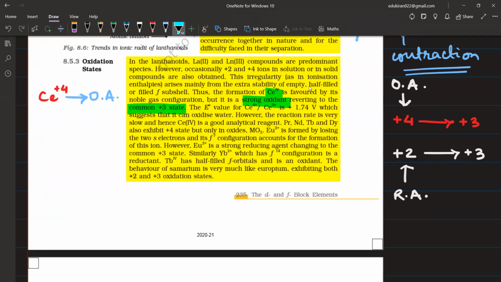Then you have a similar thing with Pr, Nd, Tb, and Dy, which also exhibit the +4 oxidation state, but only in oxides. Eu2+ is formed by losing